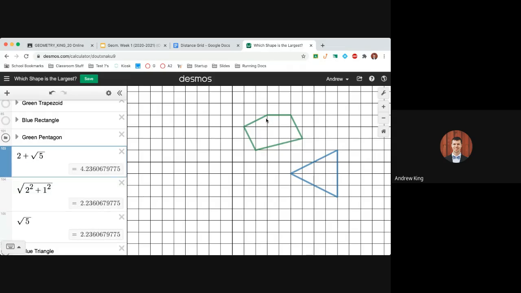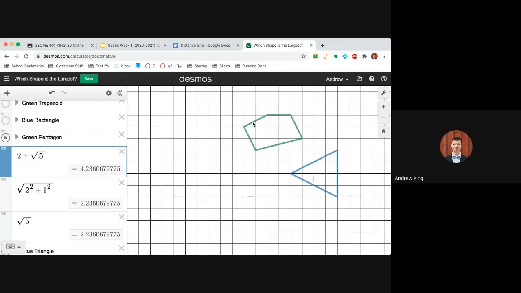Now notice if you're looking ahead here, this side here is also slanted, so I'd have to do a right triangle. It has the exact same dimensions. It's 2 high and 1 wide. And this one on the right here is the exact same way as well. It's a slanted segment, 2 high, 1 wide. So I've got 3 segments that are the same length, the square root of 5,